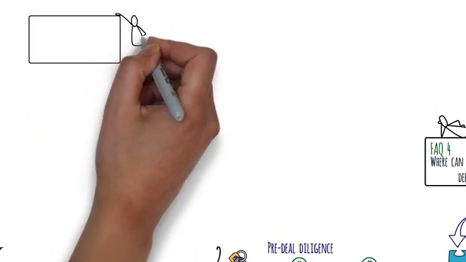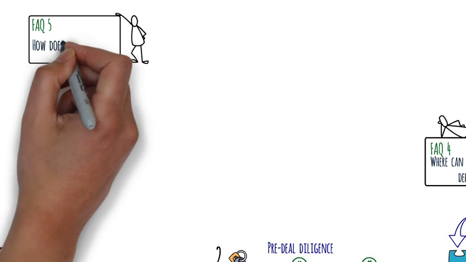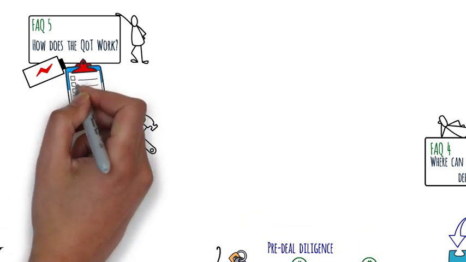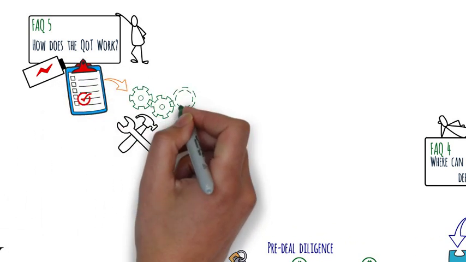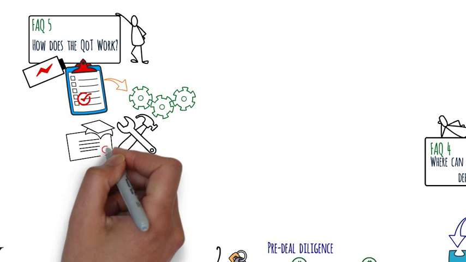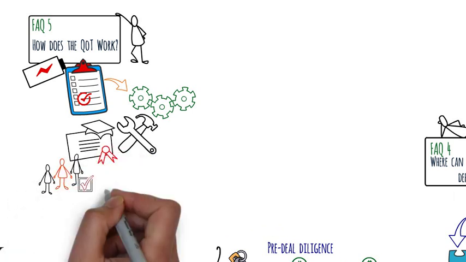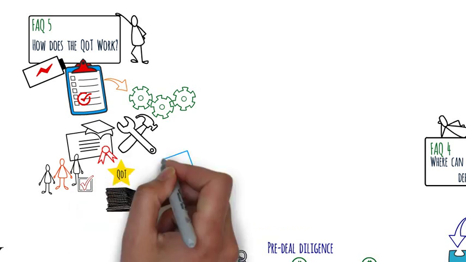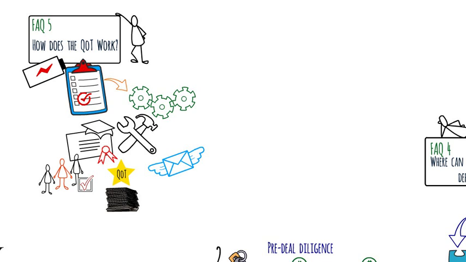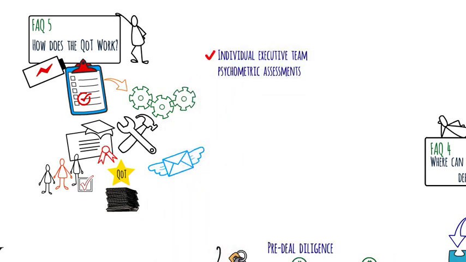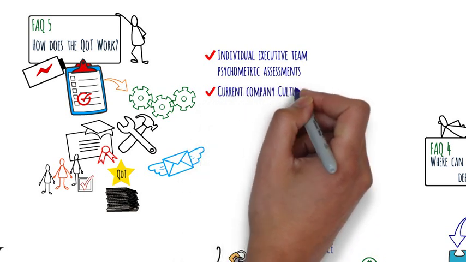FAQ number 5. How does the QoT work? The QoT is powered by a set of proprietary assessment tools. These tools are then deployed, synthesized, and assembled by PhD psychologists with pre-existing expertise in middle market executive performance, built from thousands of similar prior executive assessments. The QoT report delivers a readout on the following: individual executive team psychometric assessments, current company culture, teamwork habits